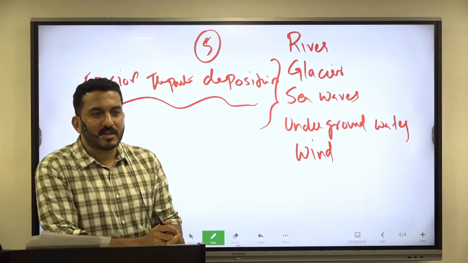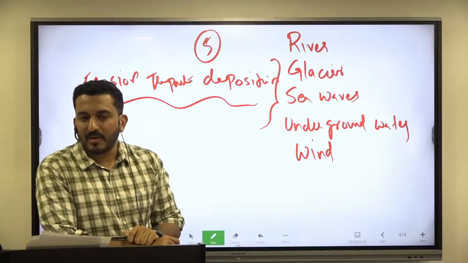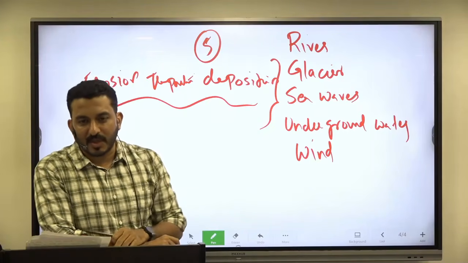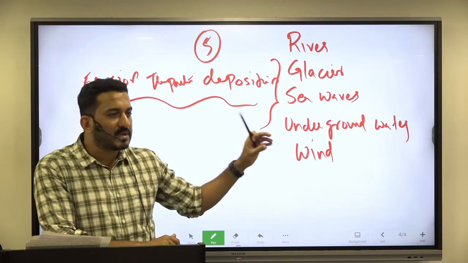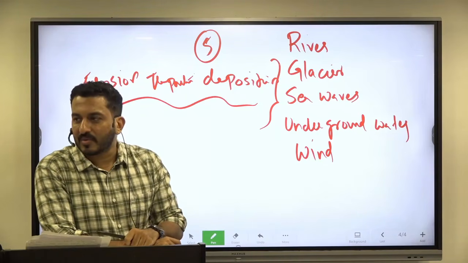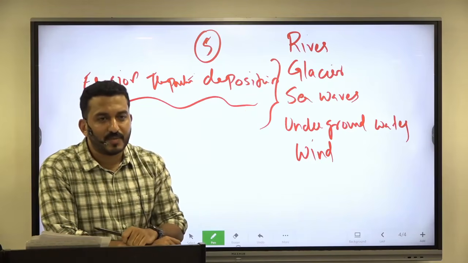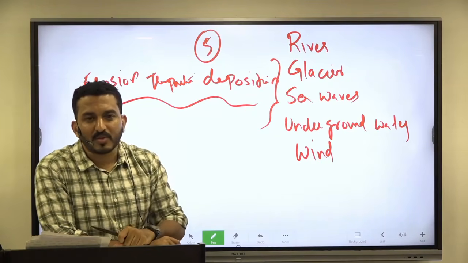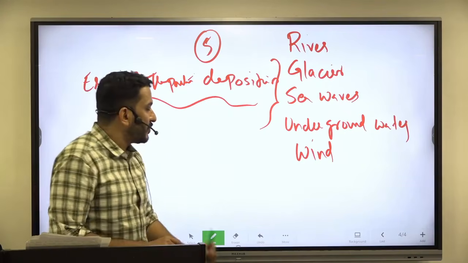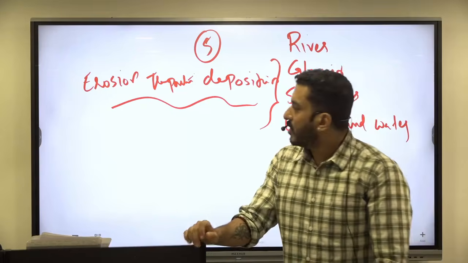If I, as river Ganga, travel along Uttar Pradesh, Bihar, West Bengal, you can see big deposits in Uttar Pradesh, very fine deposits in West Bengal. Finally, I actually enter into the Bay of Bengal. So what I'm trying to say is, any exogenic agent, for example, river, or wind, or